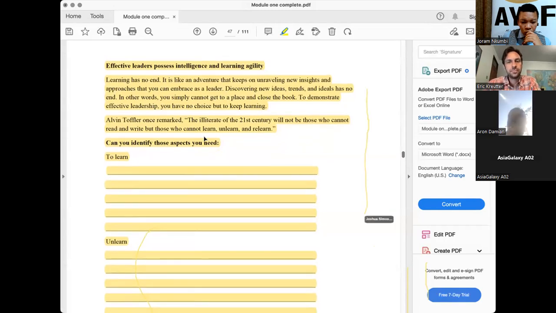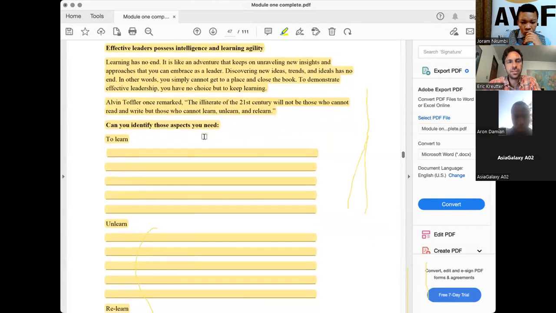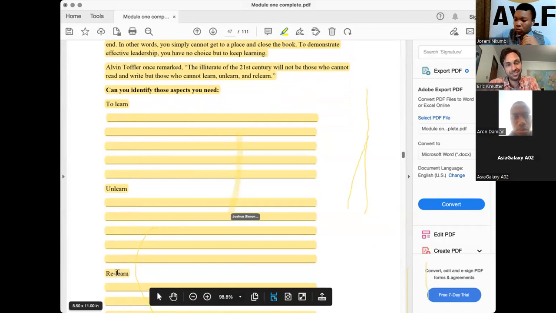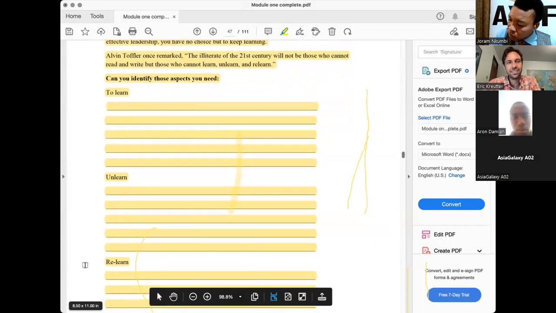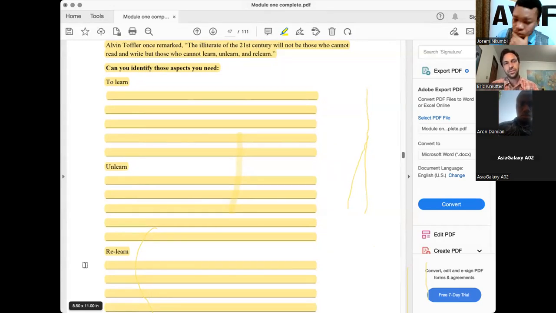So as you go on this leadership journey, there are 3 things here: to learn, to unlearn, and to relearn. And these are kind of 3 different ways of looking at the same thing. But the reason it's said in 3 different ways is because it helps you appreciate that learning is not an easy thing where you just pick up a book and you read and you know, right?